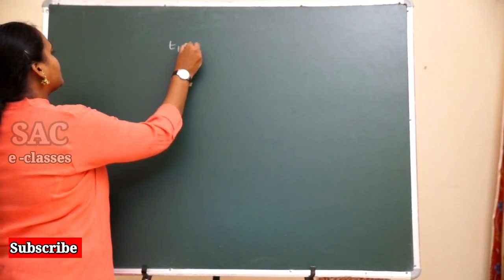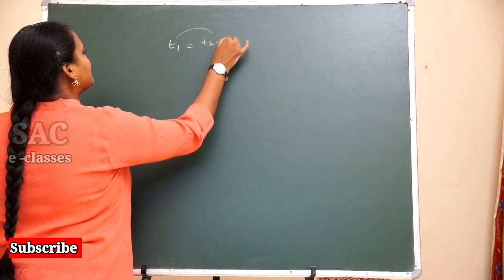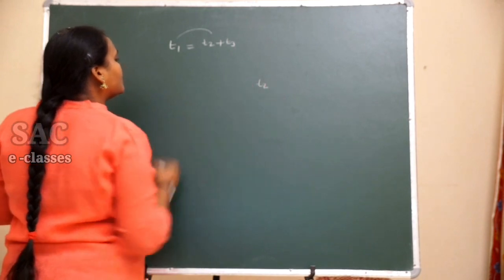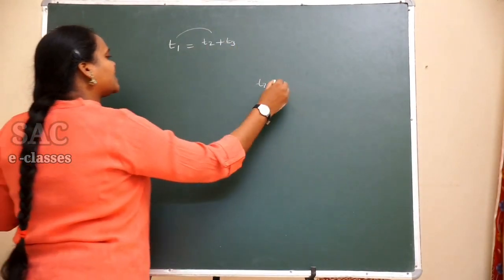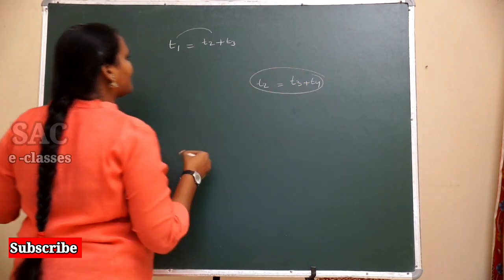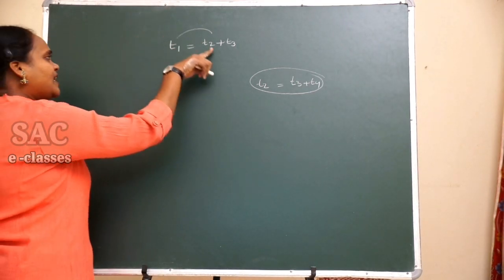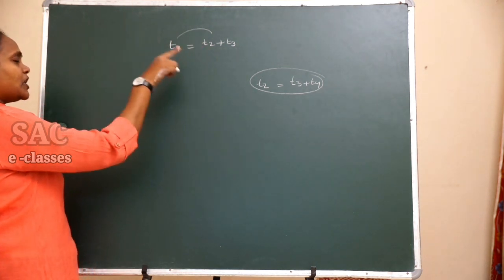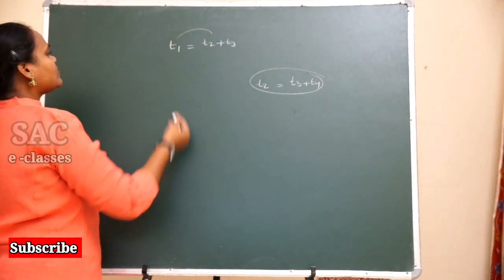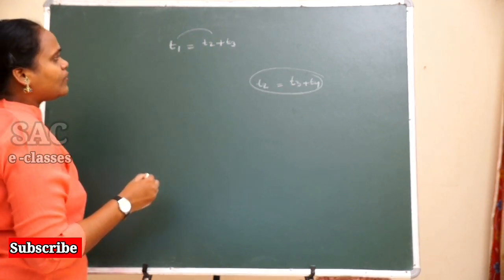Let's take T1 is equal to, what are the next 2 terms for T1? That is T2 plus T3, the sum of the next 2 terms. If you take T2, what are the next 2 terms for the second term? They are the third term and fourth term, so T3 plus T4. So the condition is very clear. Any term in that particular GP will be expressed as the sum of the next 2 terms of the GP. So I am talking about only the first 3 terms, that is T1 equal to T2 plus T3.